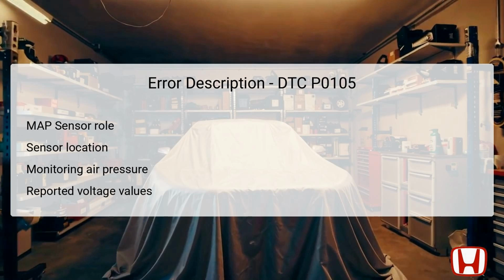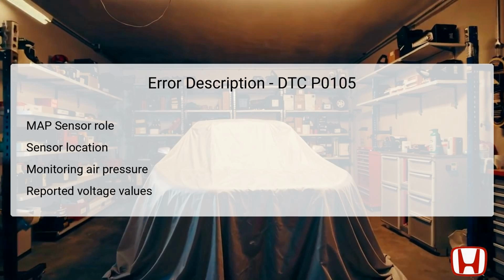The typical operation involves monitoring the intake manifold's absolute pressure and sending voltage signals back to the ECM. Normal sensor voltage values range between 0.5 volts to 4.5 volts, and the failure is indicated when the MAP sensor readings fall below 0.32 volts or rise above 3.25 volts. These thresholds are critical for diagnosing and fixing the error effectively, as they pinpoint the nature of the malfunction within